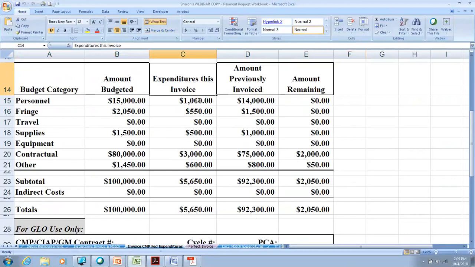You will not ever make any kind of adjustments in this column over here that says previously invoiced, because that's not going to get recorded by us, and then our books are not going to be in sync with yours. So say, for instance, on last month's bill, you charged, say, $50 too much to supplies,